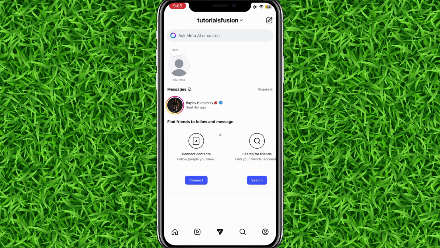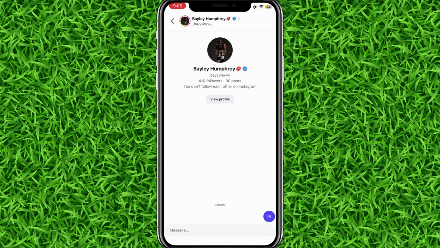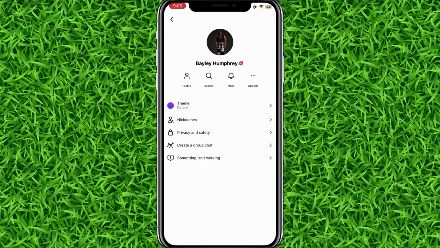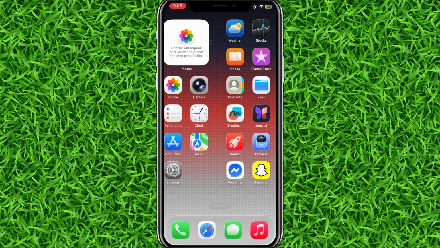Now if you go to the chats and open any random chat and tap on the name at the top of the screen, you would be able to find an option of nicknames. Now it's a new feature, and if you are not able to find it, you can simply go back, open